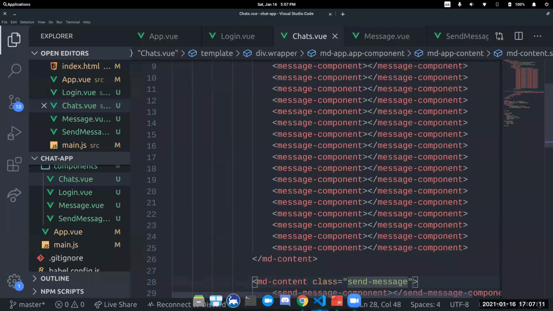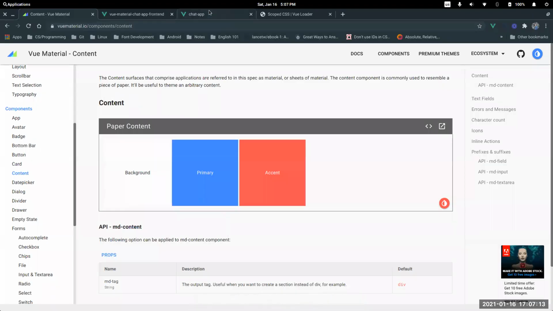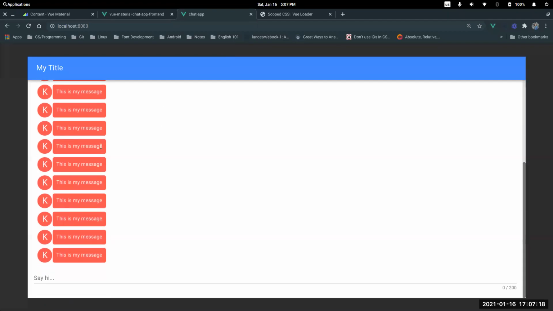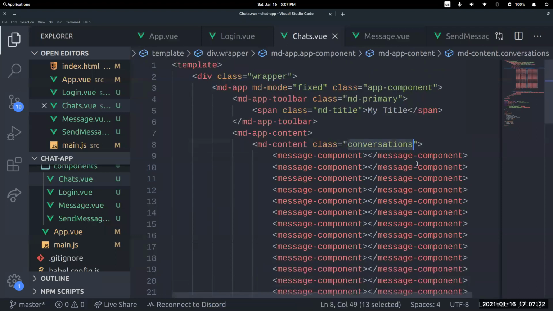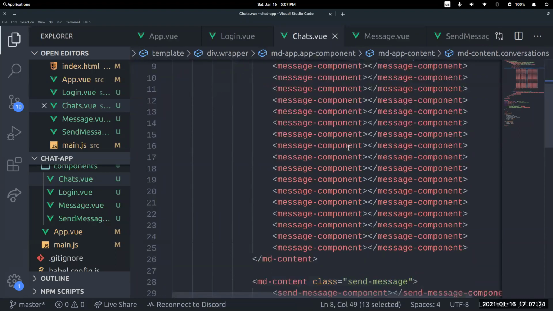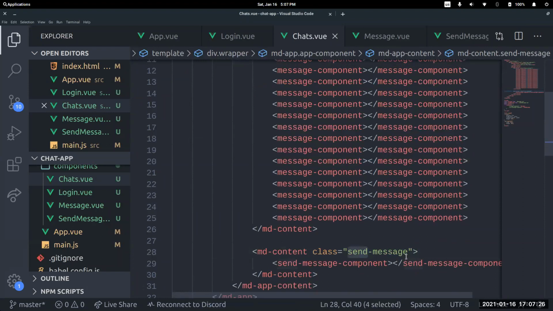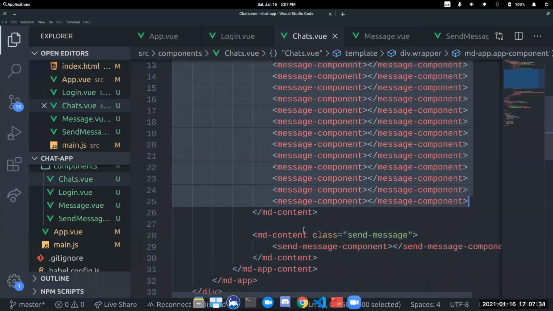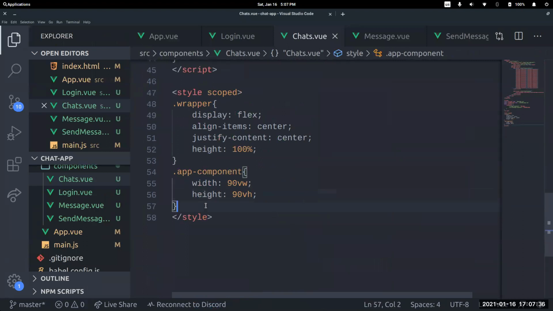Now it's done. So now if I save and go back, it's still the same because we have to add some more CSS classes, CSS styles. Now for conversations, this send message should be fixed at the bottom, but not the conversation. Conversation should be the only component, the only area that is scrollable, right? So now if I go down to the conversations,